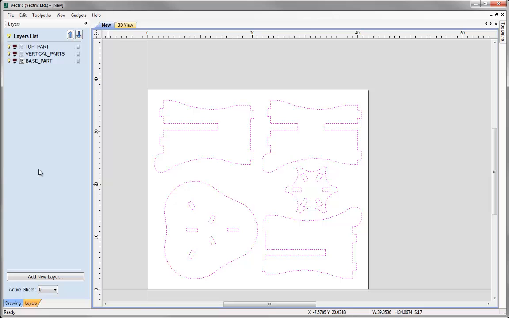Now there is a tutorial dedicated to using layers and layer management, and I recommend watching it if you would like to learn more about how to use layers and how they can benefit you in organising your work. But for this tutorial I'm going to keep the layers as they are. So I'm going to head back down to the Drawing tab,